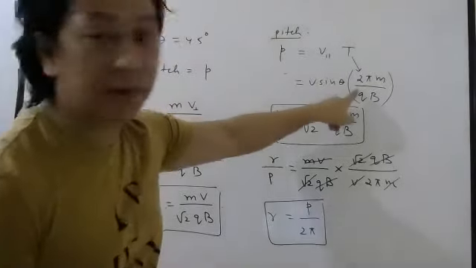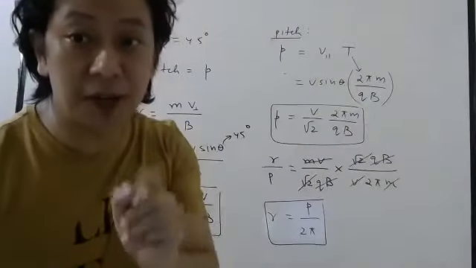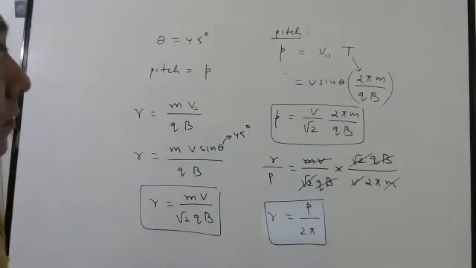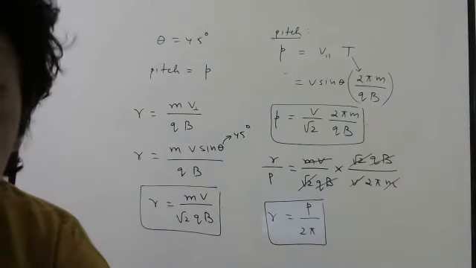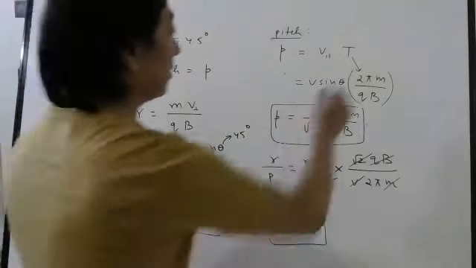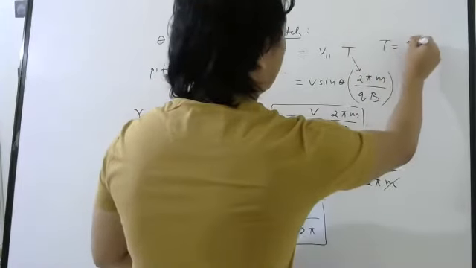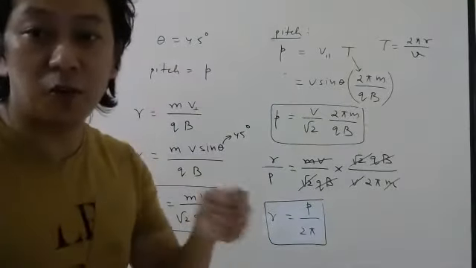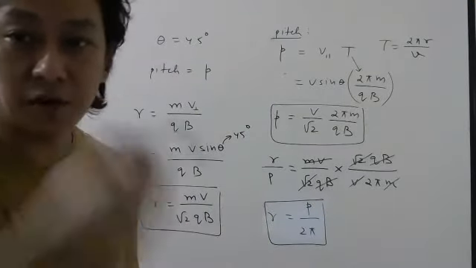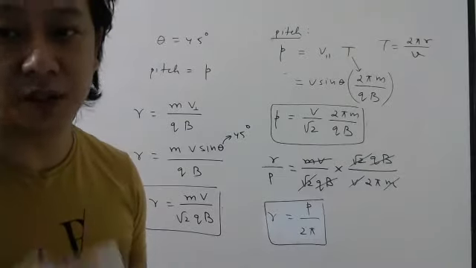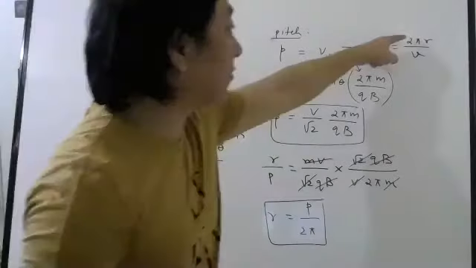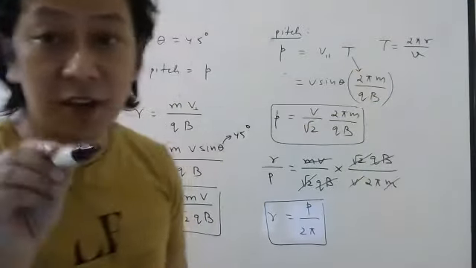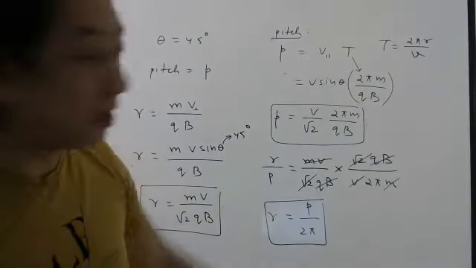Time period, you should remember this, I have explained in cyclotron also. To find the time period, suppose you forget this formula, then what will you remember? Time period is 2 pi r by v. Time period means time taken for one revolution. So in one revolution, distance covered will be how much? 2 pi r. Divide the distance by speed. Then put the formula for radius, mv by qB. V will cancel, you will get this formula.